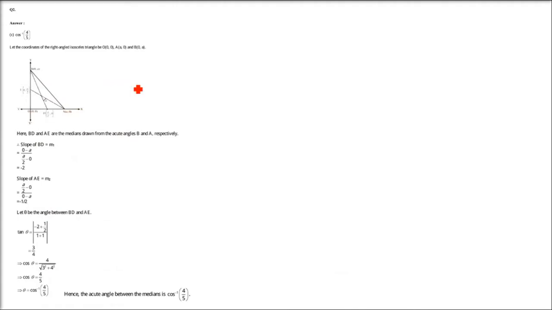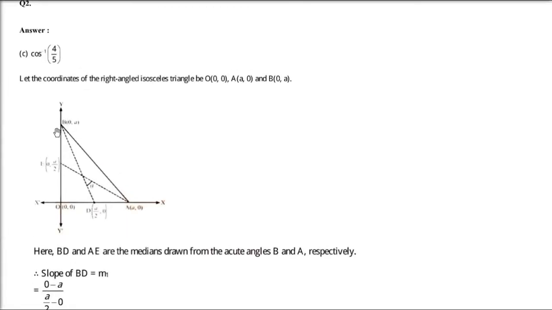The second one is: the acute angle between the medians drawn from the acute angles of a right angled isosceles triangle is. So how are we going to do it? The answer is in terms of tan θ or cos. Diagrammatically, let me tell you the scenario. We have arbitrarily taken the x and y axes for our comfort. We have taken x and y as the two sides which are equal, and one side is the slant line. These are the 3 sides, and the x axis and y axis are the two equal sides.